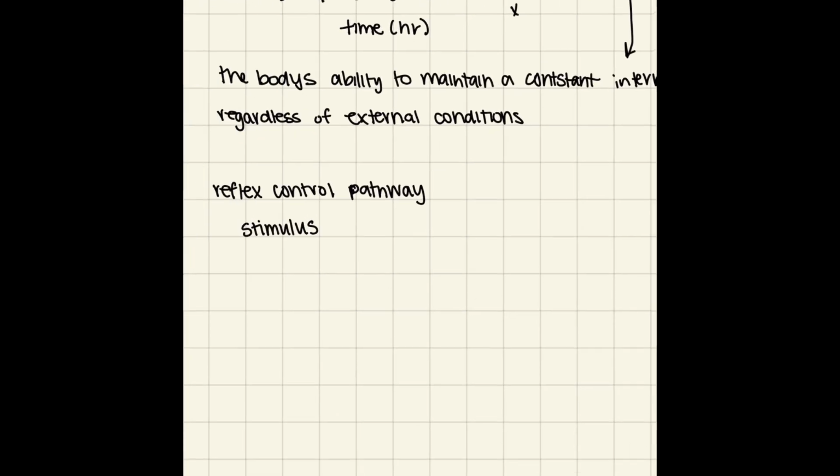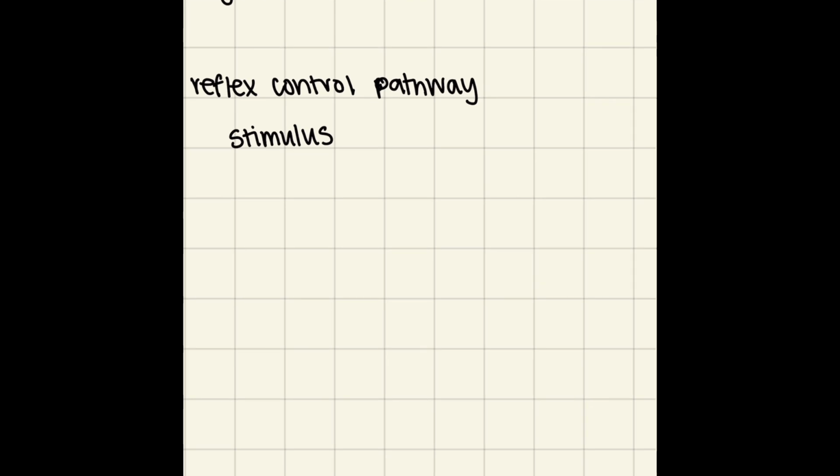I'm going to use the temperature control pathway to describe this just because I already have been describing temperature. So let's say that the stimulus is a decrease in temperature. It's a really cold day outside. It's like -10, like it is in Rexburg sometimes in the winter. Somebody walked outside and it's -10 degrees outside, and so the stimulus is taken in by a receptor, and that receptor could be a receptor in their skin cell. And that receptor is going to send a signal to the control center, which in this case is their brain,